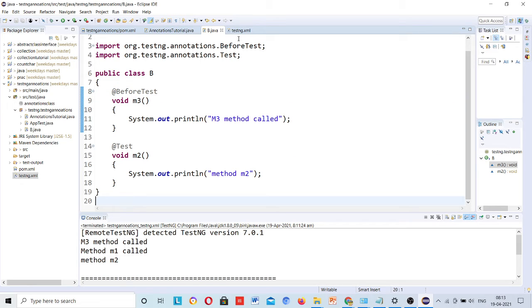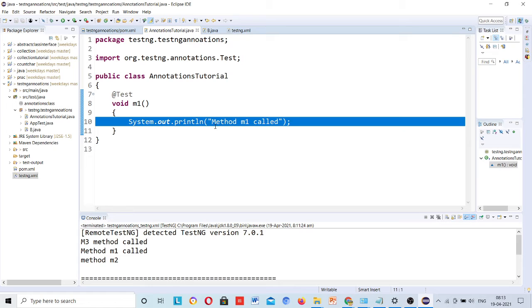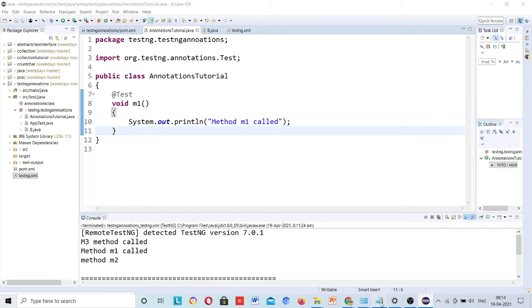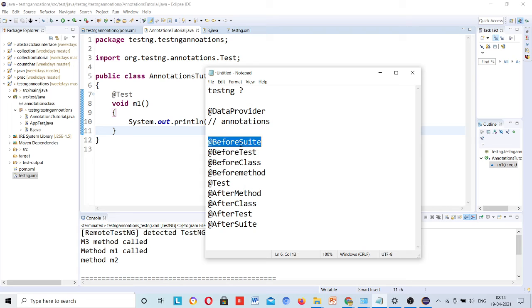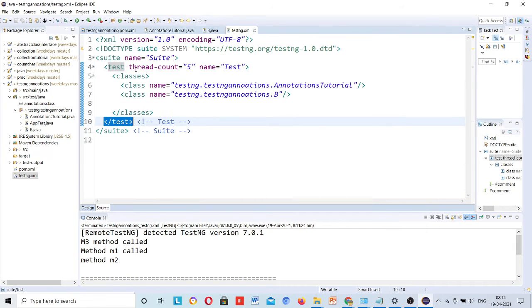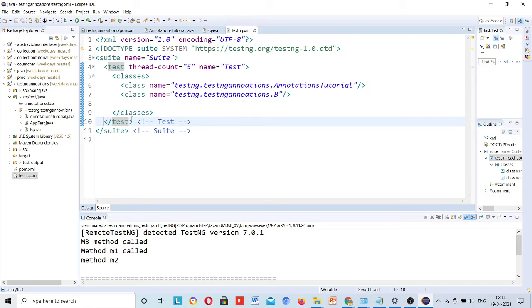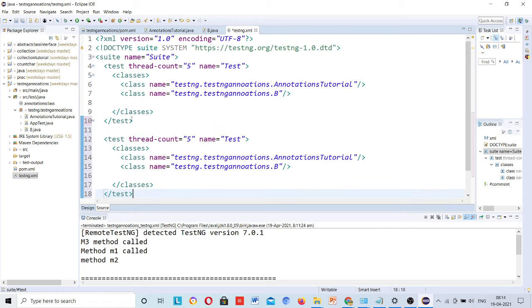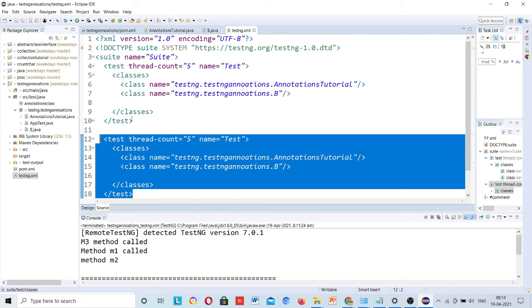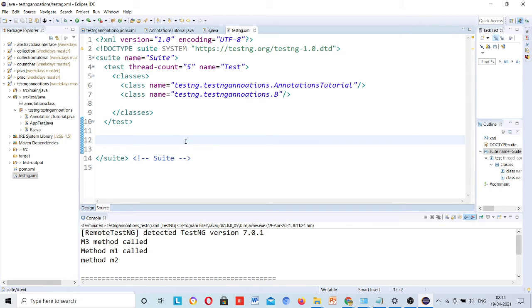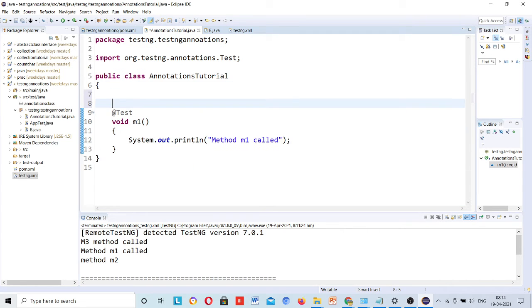So here, this one. Now before suite is the top level, like here. Before running anything inside the project, you can have two separate test folders, and you can copy it this way and run them one by one. So this is how it works. Suppose I want to use before class. Let me create before class here.